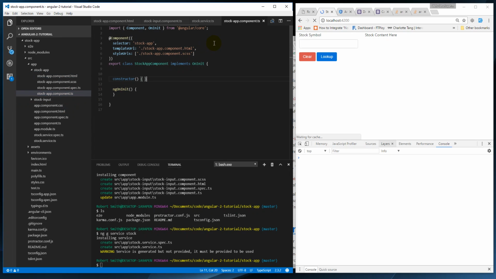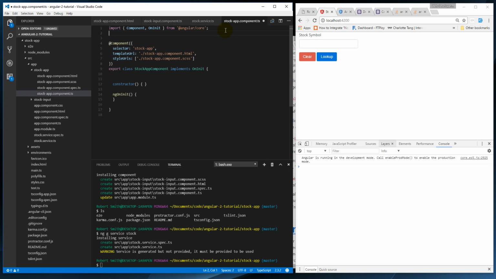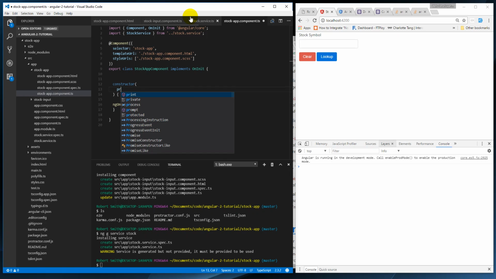To do that, basically that public read-only observable that we have in our service, we're going to subscribe to that in this component. Stock service from up a level, stock.service. And the dependency injection in Angular, once you get the hang of it, is pretty easy. We're going to now say private stockService of type StockService. And in our component here, we're going to have a stock service